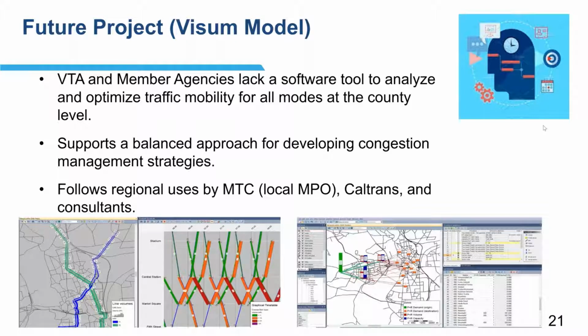For example, when we decide to increase transit service from, let's say, 20 minutes to 15-minute frequency, there's no tool to analyze what that will do, how that will impact cross traffic, especially to vehicles, and more specifically along our expressways. We have these expressways that run east-west and north-south throughout the county, just because the geography of Santa Clara County is so vast that expressways were created to help move vehicle traffic.